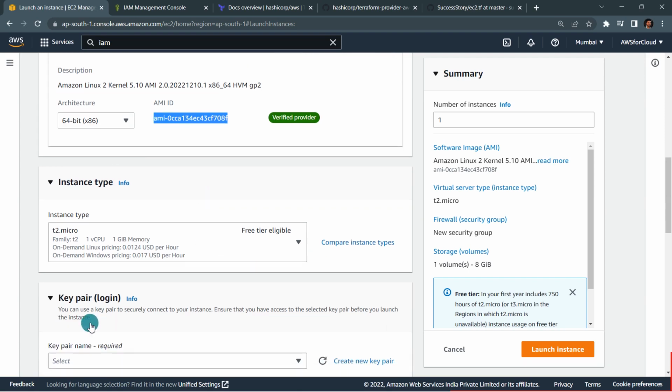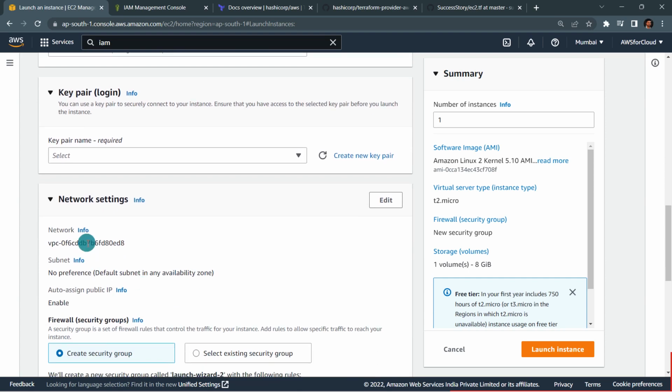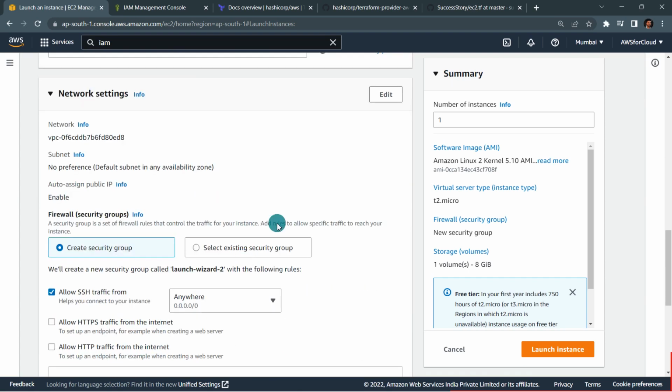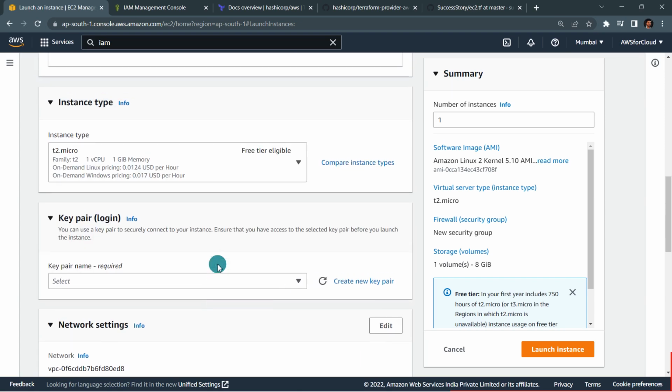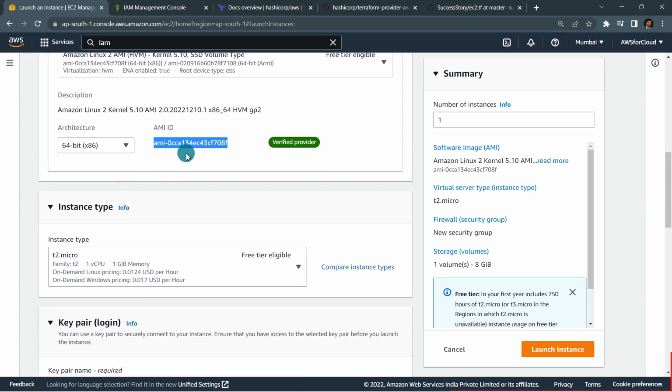Like key pair, whether it is there or not, I don't care. Security group, whether it is there or not, I don't care. Network settings come by default, like if you don't select anything, automatically each and everything will get selected. So these two things are important for us if you want to create an EC2 instance. Okay,